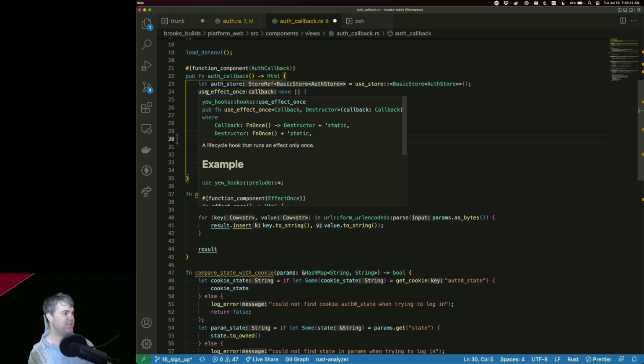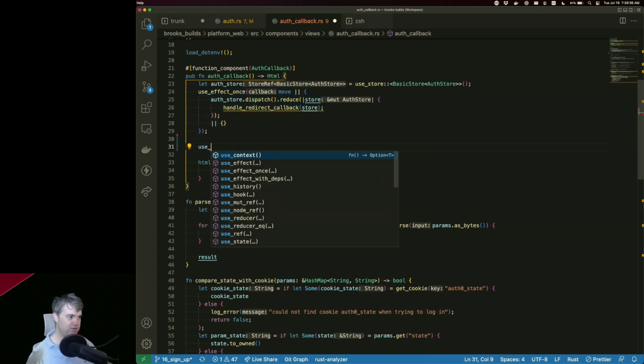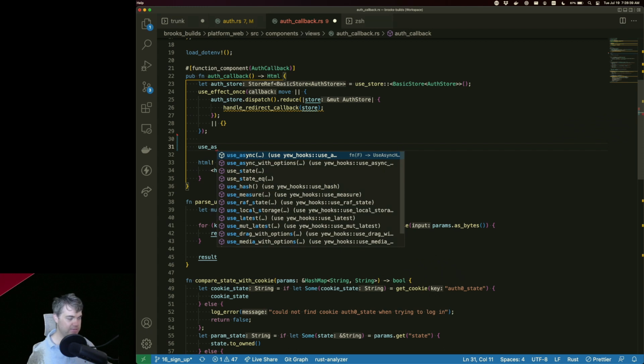Okay, so we have this use effect once. I'll store dispatch to the store. So I wonder if instead of use effect once, I might want to use the other one, which is use async.